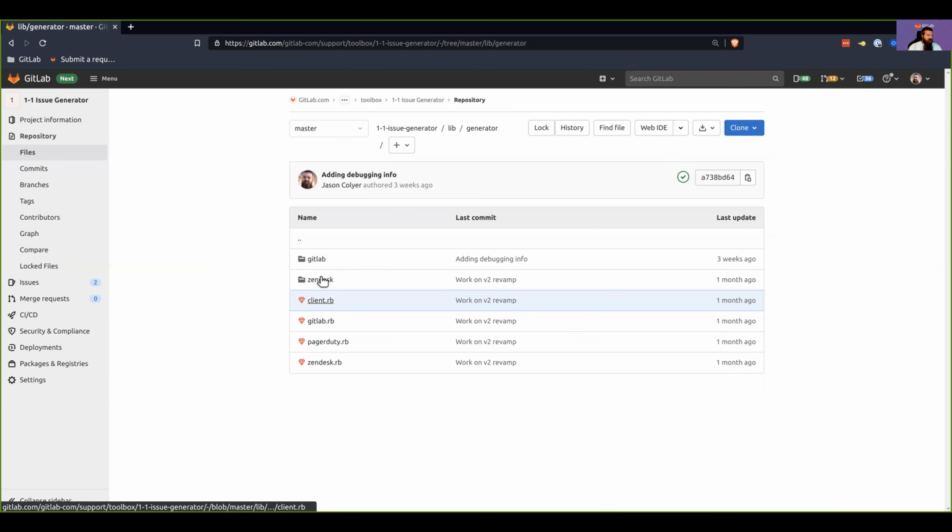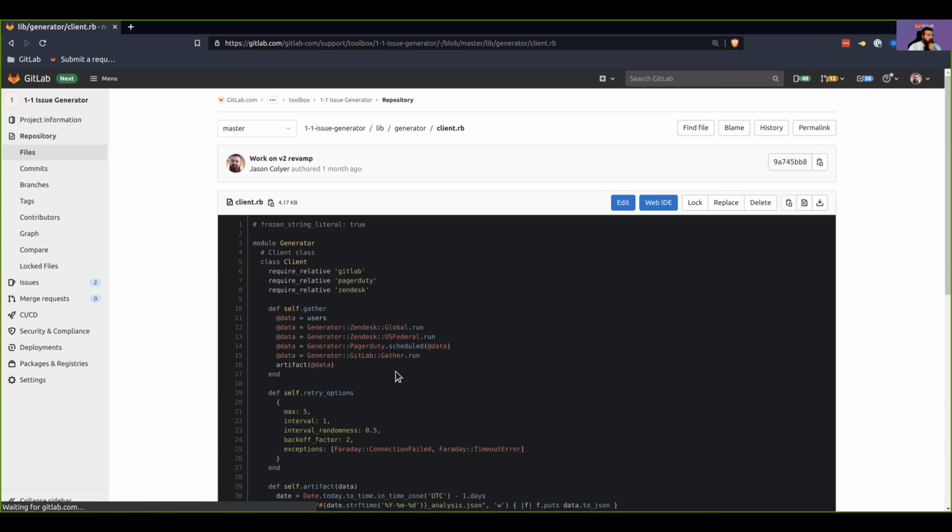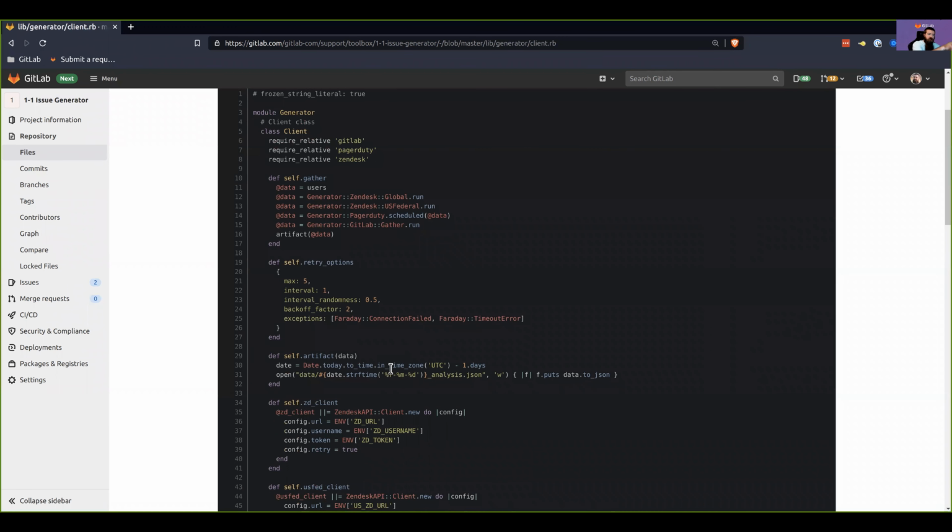So if we go into the generator folder, we can look at the client script. Here, it's going to call the module generator and create a class called client. It's going to require the GitLab, PagerDuty and Zendesk files. Beyond that, there's the gather function, which is the important one. That's where it gets the data, it puts it to the user's value, and then it's going to also use